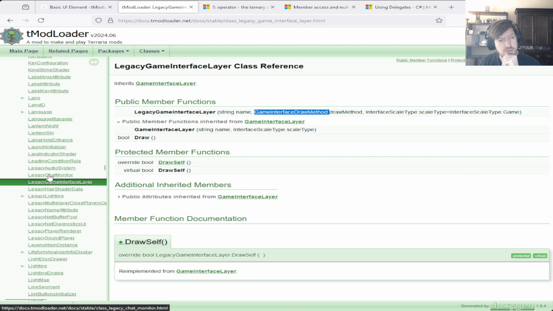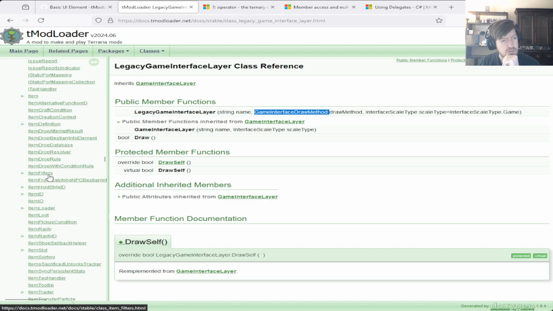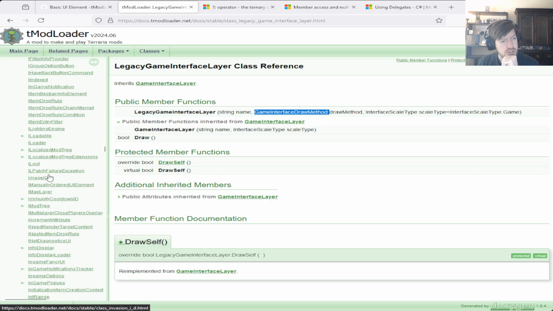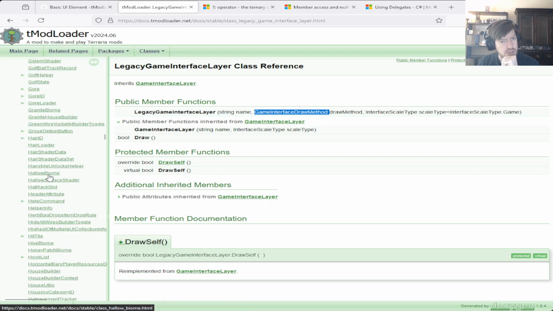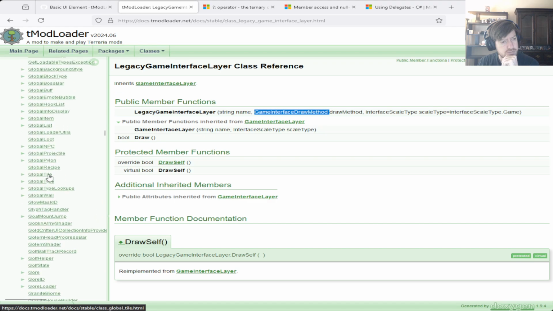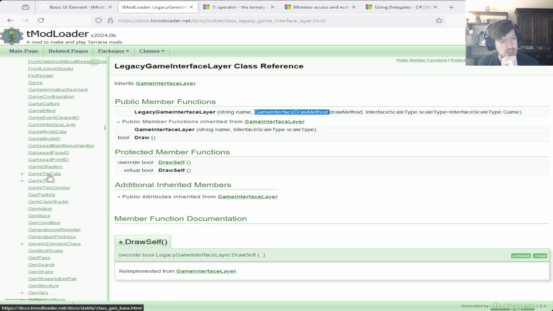Let me look at the game interface draw method here and see if we're